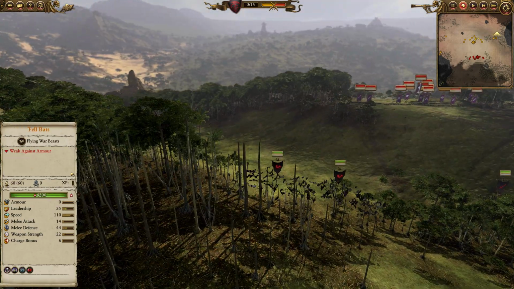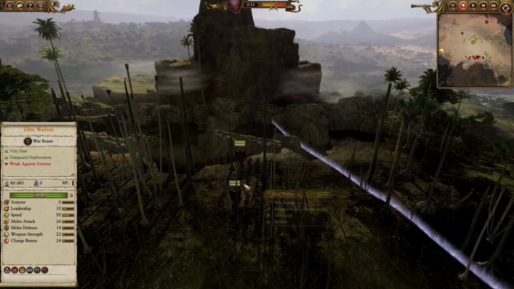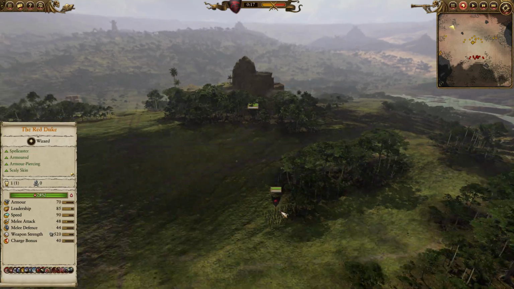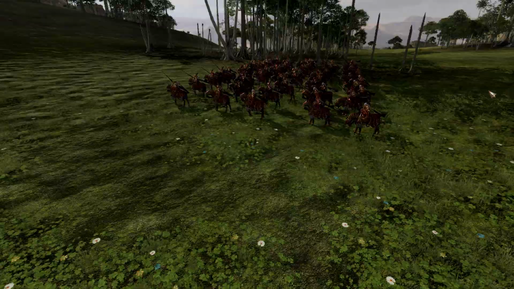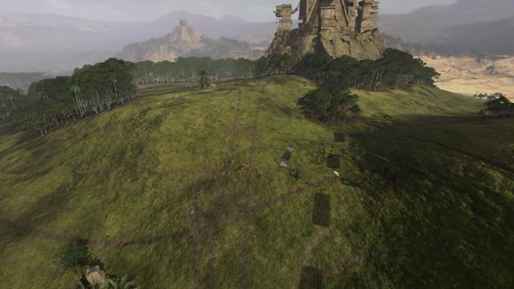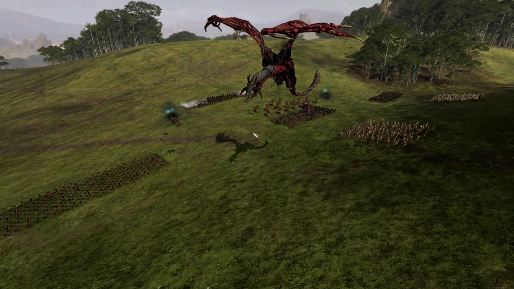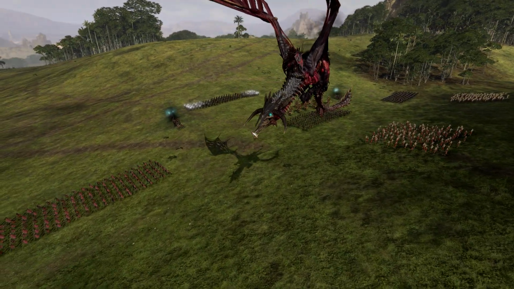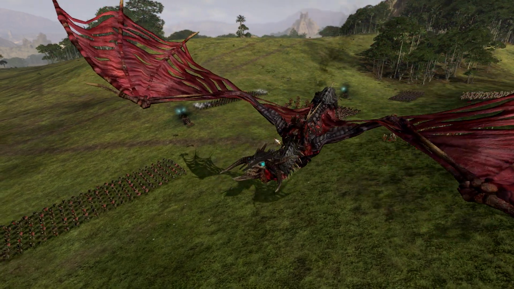2 sets of Fell Bats on this side, 2 dire wolves here in the trees to the right, and a set of blood knights here on the left hand side. The idea was, we've taken such a small force, to just use my numbers to tie them all up in the front and then just get in the flanks, but also the